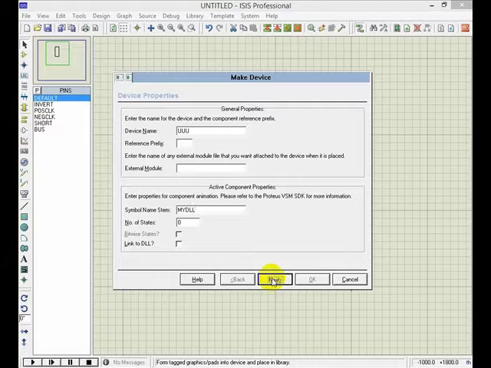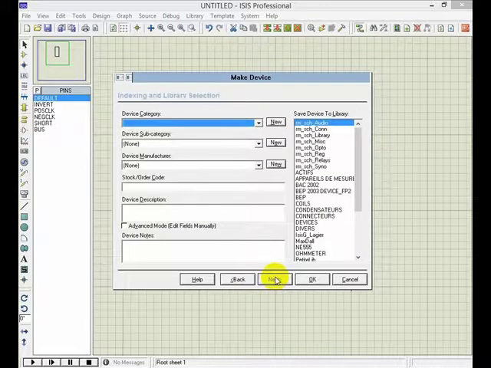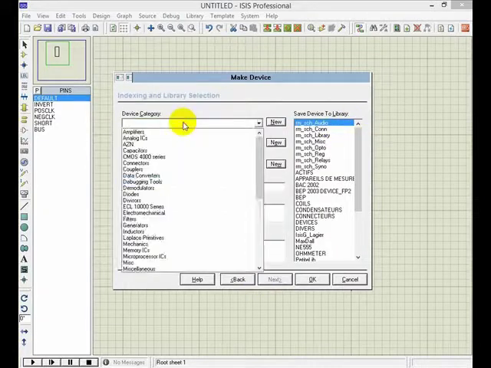Next, and here you don't need to do anything because it's your own device, you just made it. And then you have to choose the library to put this device in. What kind of library? I use whatever, user